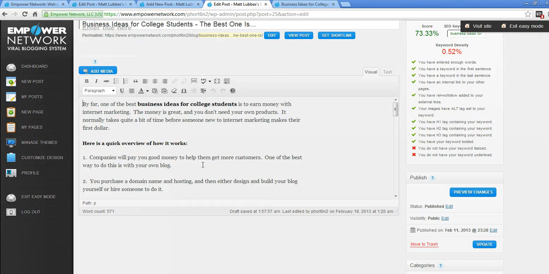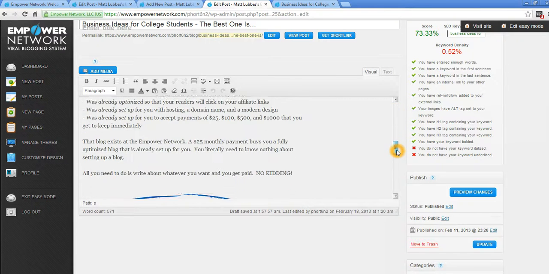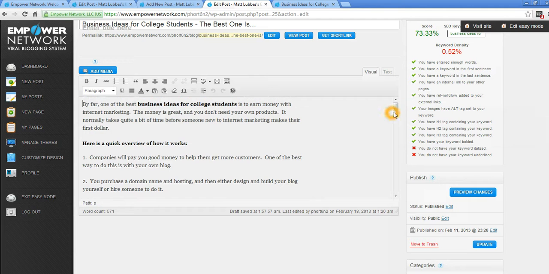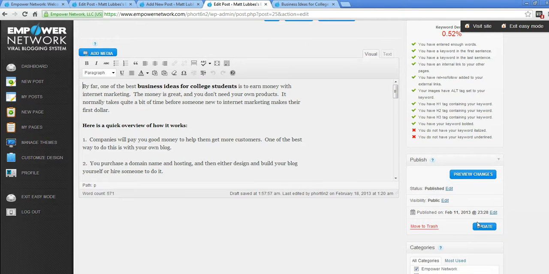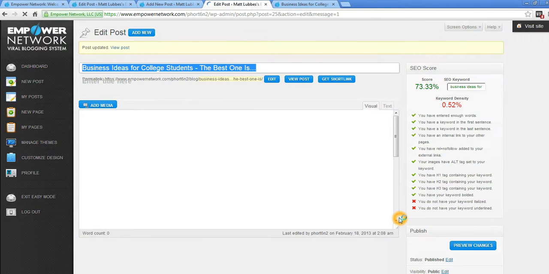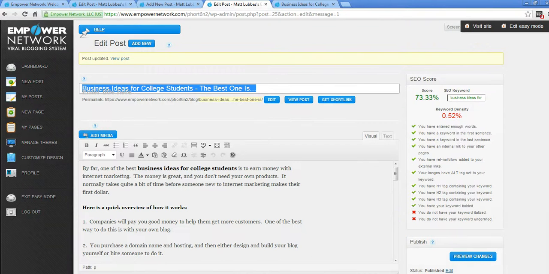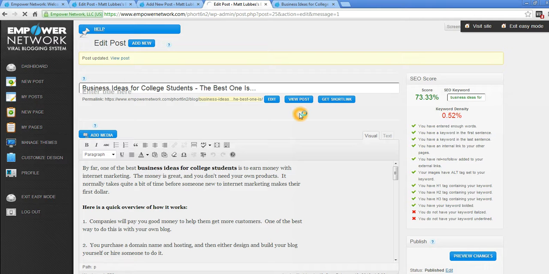But I've typed out my blog post here, and you can see it's all here, and it just goes on and on. And I've already published this. So if you've already published it and you come in and make changes, you can hit update. Or if you're doing it for the first time, that button will say publish instead of update, and you'll publish it. Okay? And now it's published to your main blog, and you can go and you can view your post here. Click this view post,